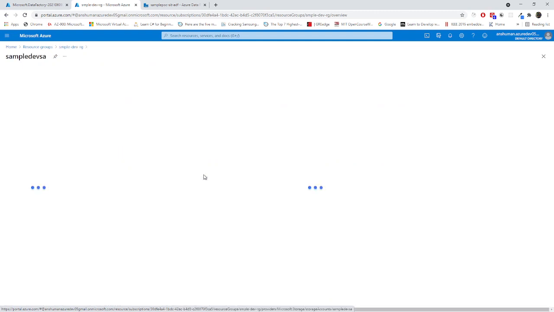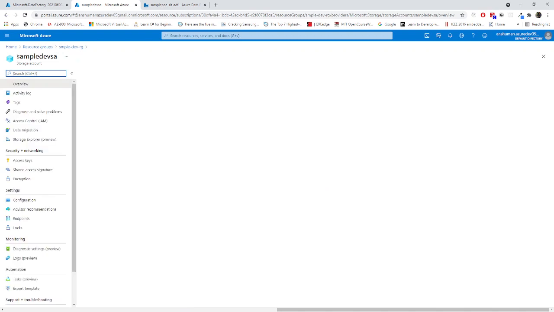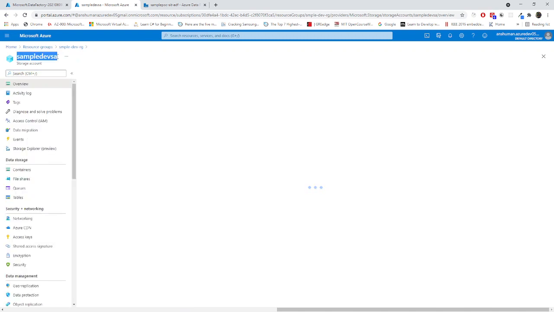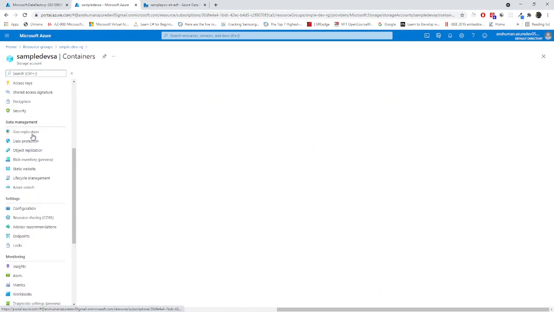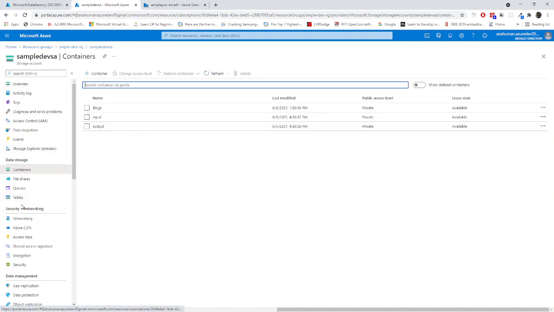Suppose this is a blob storage which is pointing to dev, and it is also a best practice to use some naming convention in all the environments. Suppose I am using sample dev SA. That means sample dev is for the dev environment, and SA is for storage account. Now, I just want to show you the connection keys. So if you go to access keys,